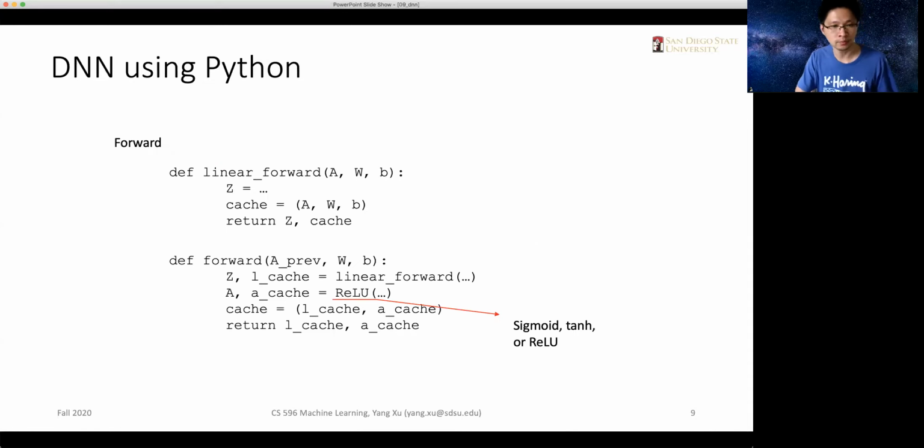Okay, so in the programming assignments of deep neural network, we are going to implement a deep neural network using Python, and we will need to implement the basic building blocks like the linear forward function. So the linear forward function computes